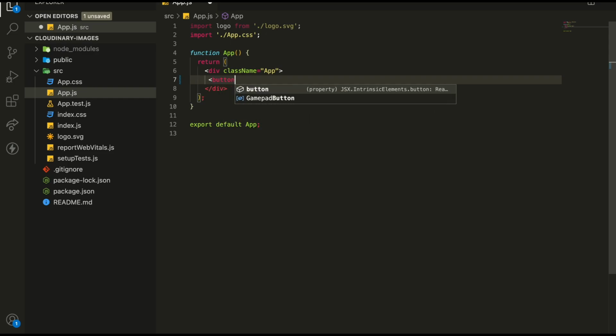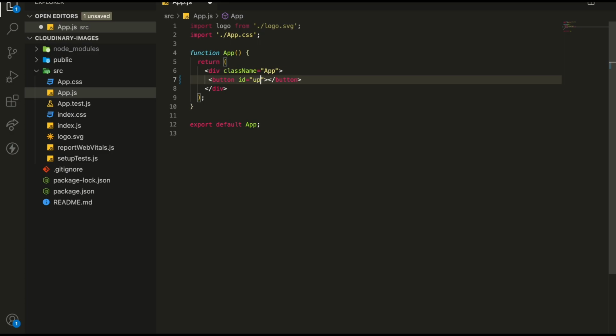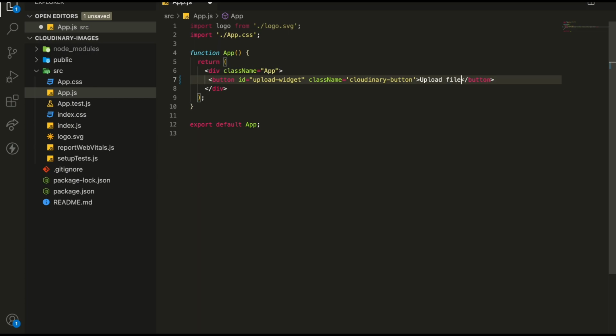So we'll have a button, and this button will have an ID, and we call it upload widget. Let's say the class name is Cloudinary button, and we can just have here upload files, upload pictures,